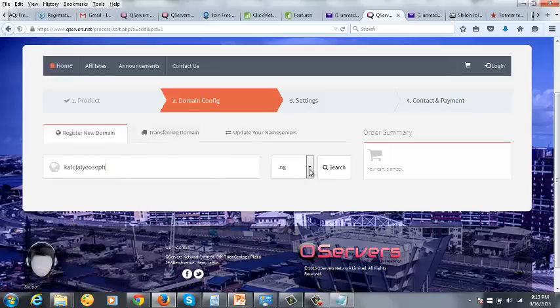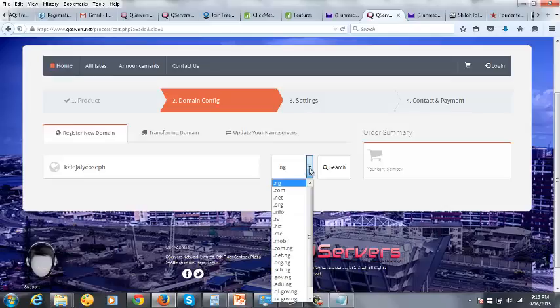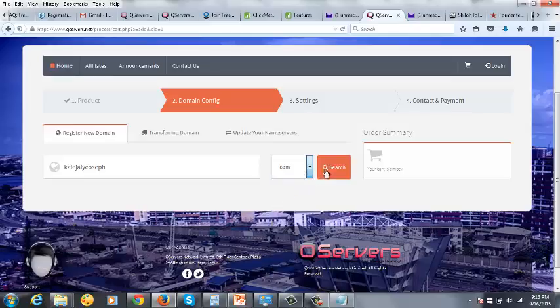Look at this place. This is the extension. You click on this drop down menu. You see .ng, .com. These are various extensions. I already explained all this to you in class. So you click on .com and then you click on search. What it will do is it will look for, you can see that